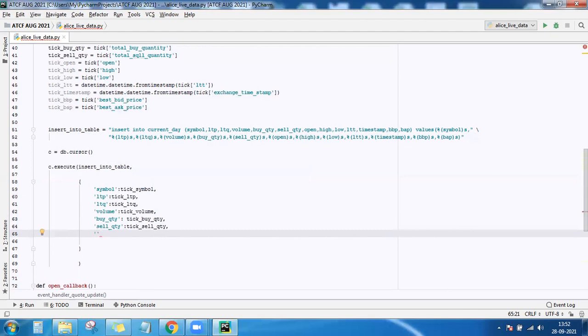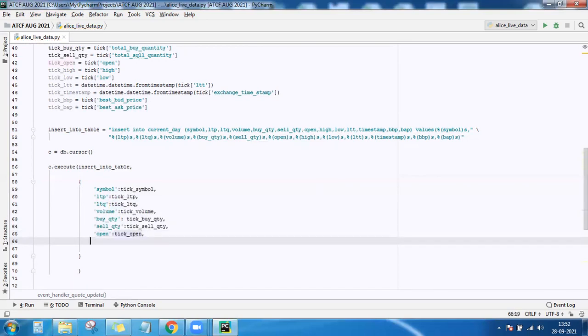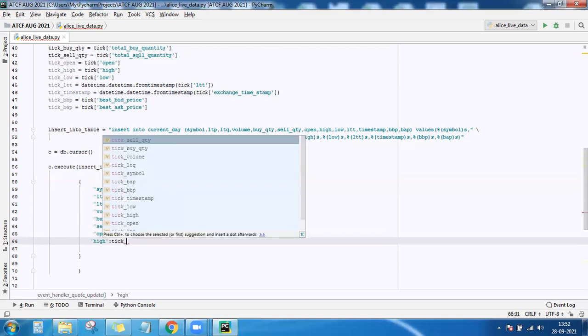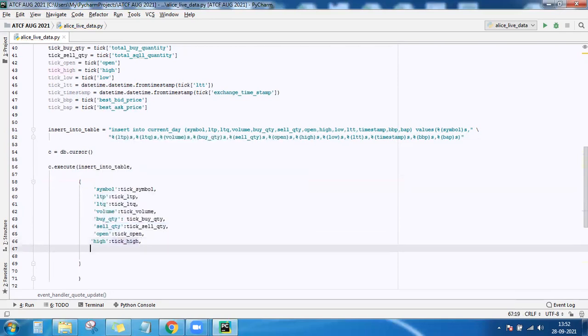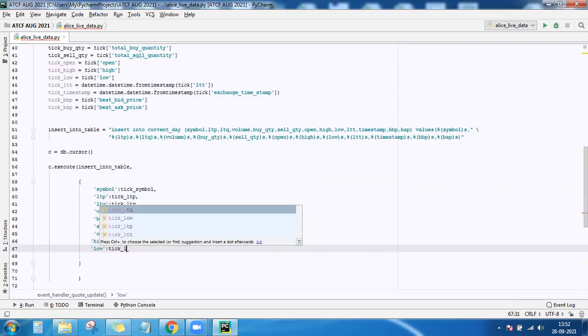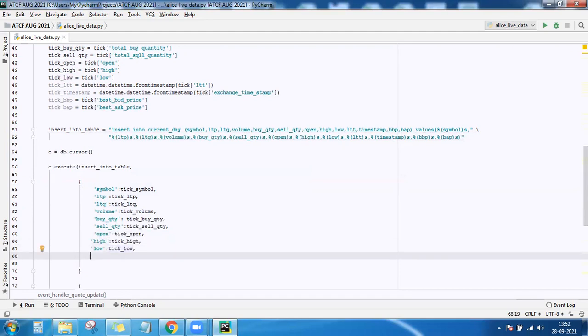After sell quantity, the open. Then the low. Last traded time.